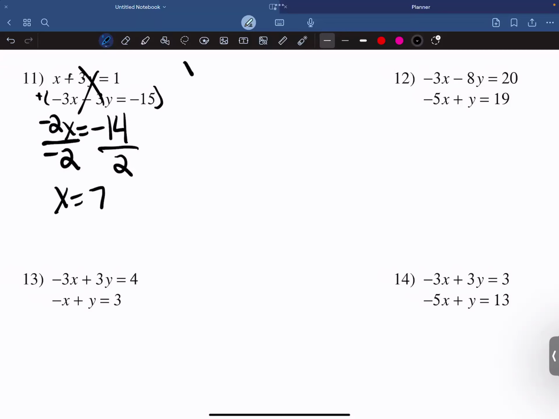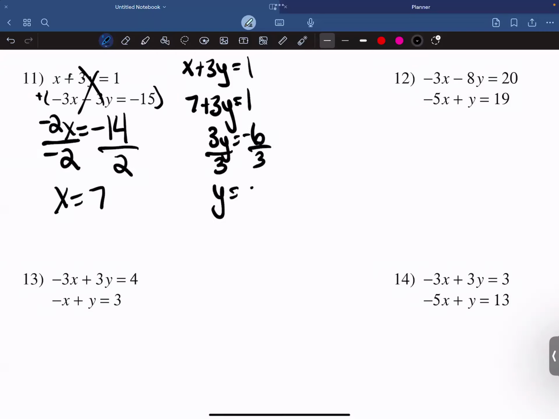Now I can take one of my original equations, and this one's probably the easiest, substitute in my x value, to find that y equals negative 2. I've skipped a couple, really one arbitrary step there of subtracting 7 from both sides, and that's how I arrived at that negative 6. Looking at number 12,